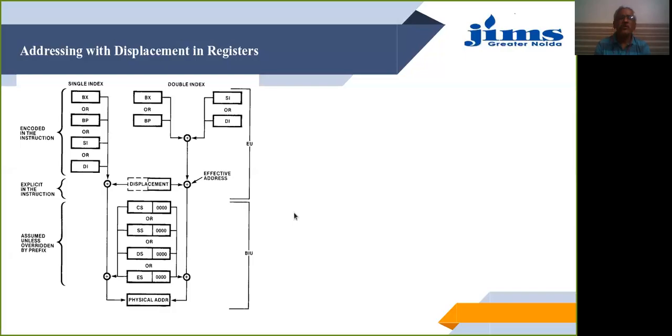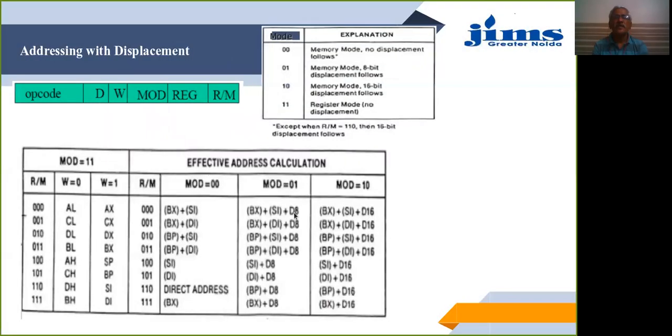Now, the instruction format for 8086 is the operation code, and the 2 bits D and W, which decide the direction. If D is 0, the register is supposed to be the source register.